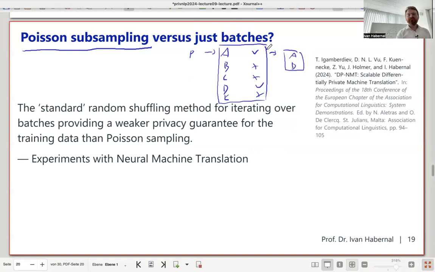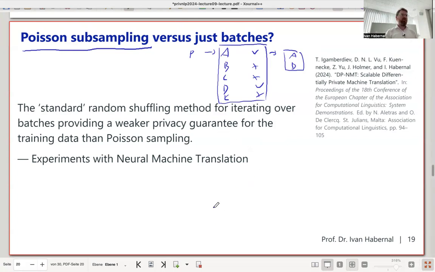And if I run a DP algorithm on this smaller data set, then I get much better privacy guarantees, like much smaller epsilon and much smaller delta. Because there was some randomness that, if I were this person, I might not end up in this data set in this analysis. So this is how the Poisson subsampling works, and we talked about it in the last lecture. The thing is,